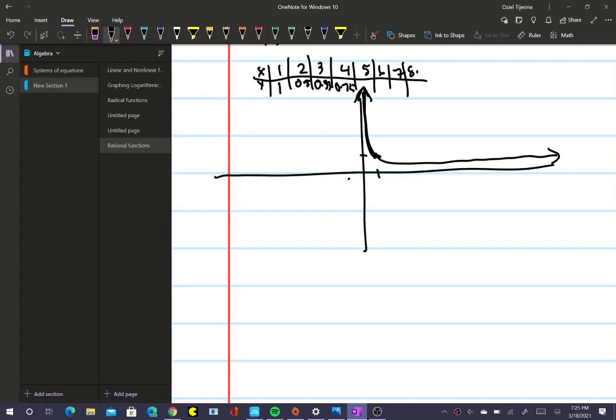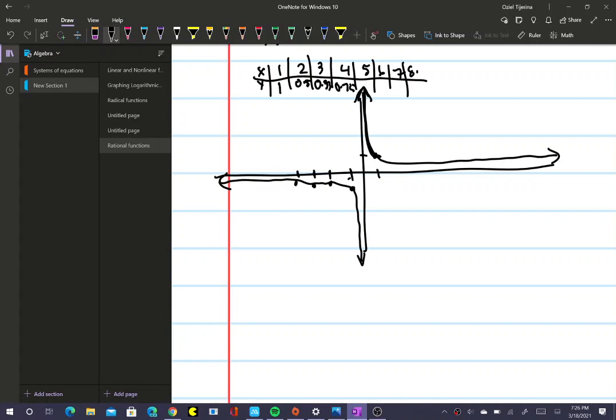If I do 1 over -1, that's going to give me -1. If I do 1 over -2, that's just going to give me -0.5. 1 over -3 is going to give me -0.33. Then 1 over -4. Also notice -1 over 0, or 1 over -0, which is 1 over 0,